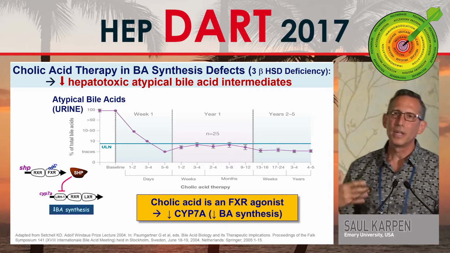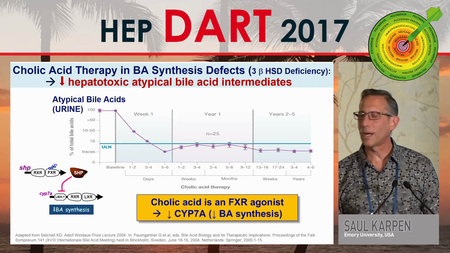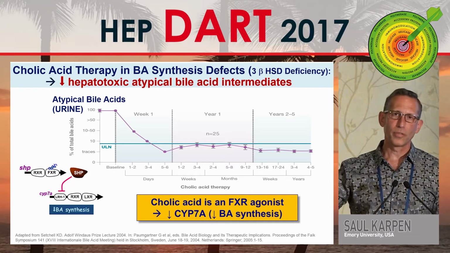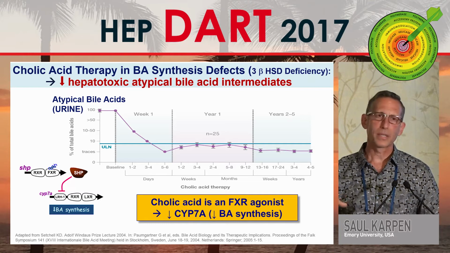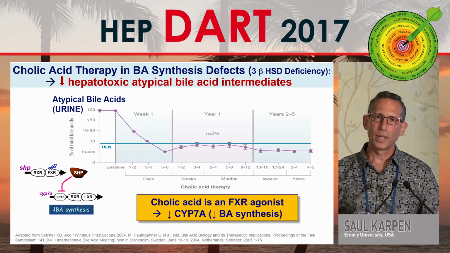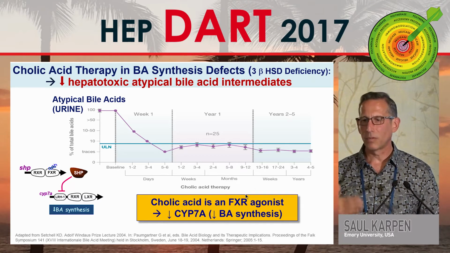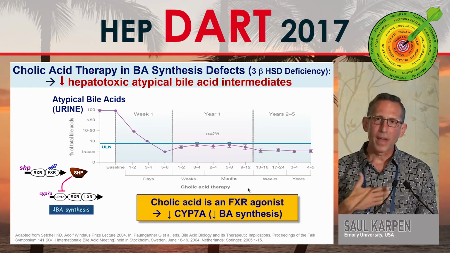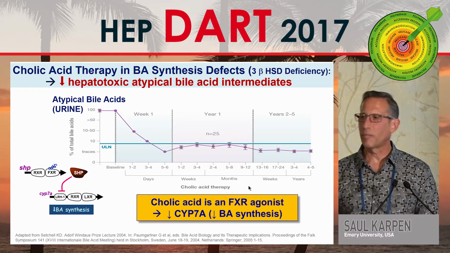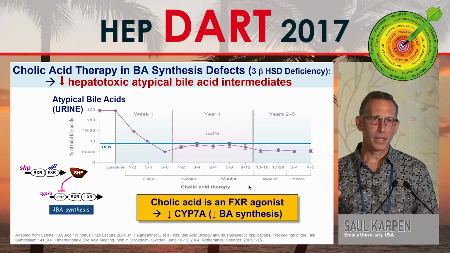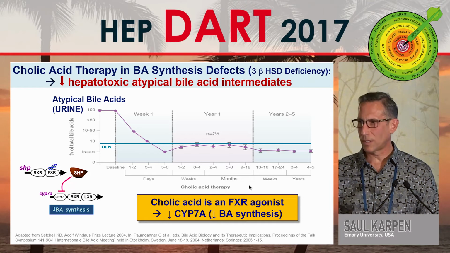So actually you can treat this disease with a bile acid to shut off new synthesis, and it actually restores liver health, avoids death and transplantation, and it's a lifelong cure. So cholic acid is really a nice proof of principle that FXR agonism actually does shut off bile acid synthesis in the hepatocyte,